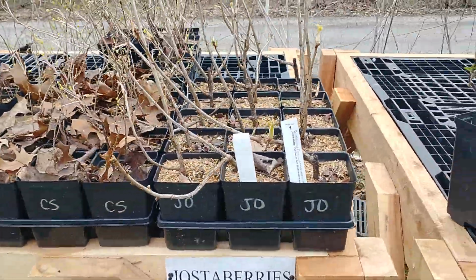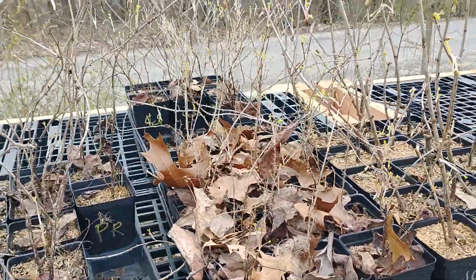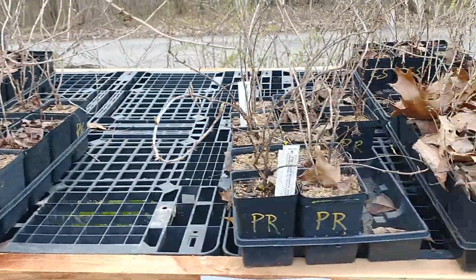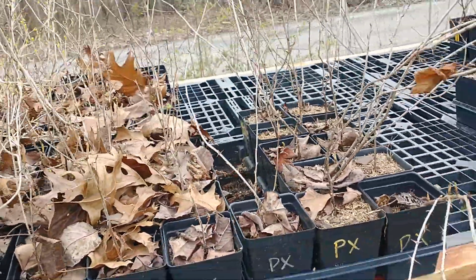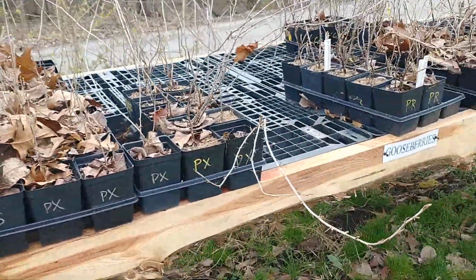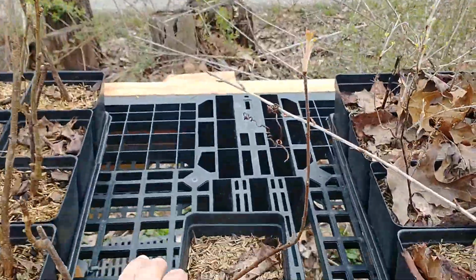We've got a ton of gooseberries this year. There's a nice flat of Jostas. The candy sweet gooseberries, we've got like 4 flats of those. I still need to organize these a little bit more. Pink Round, Pixwell, we've got 2 or 3 flats of Pixwell there. We do have, where are they? We have a couple little clove currants